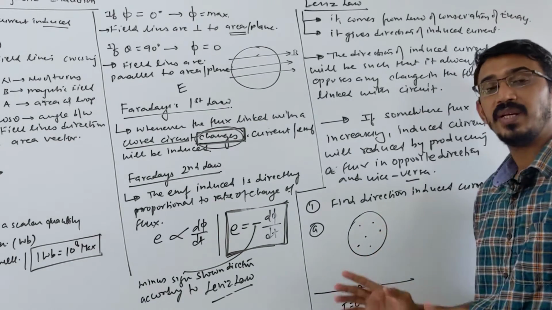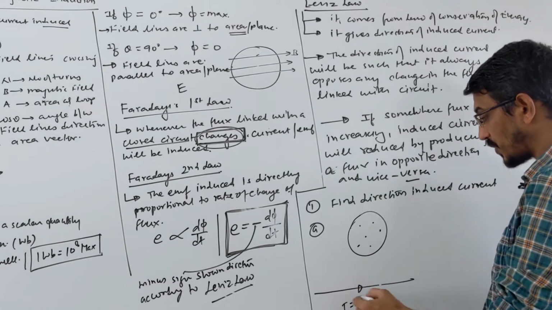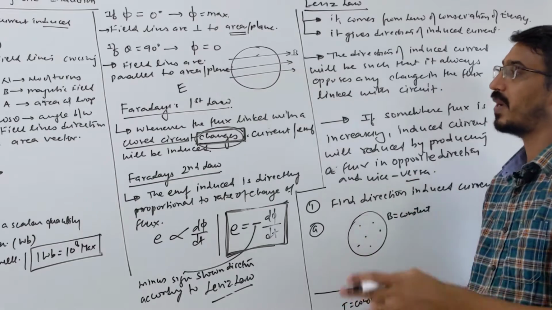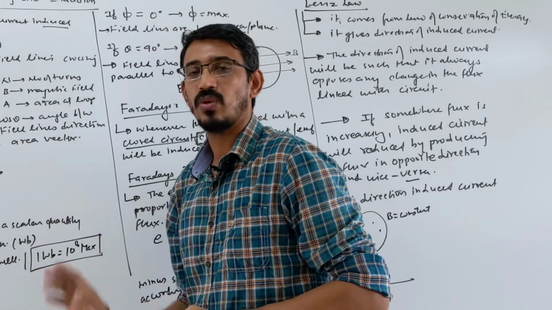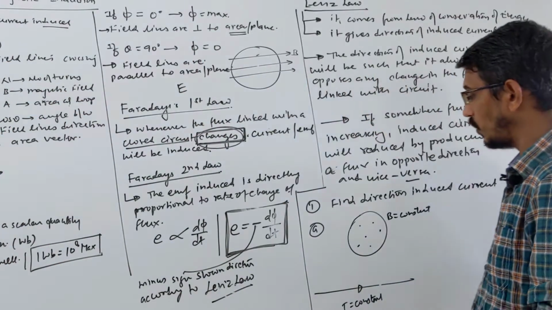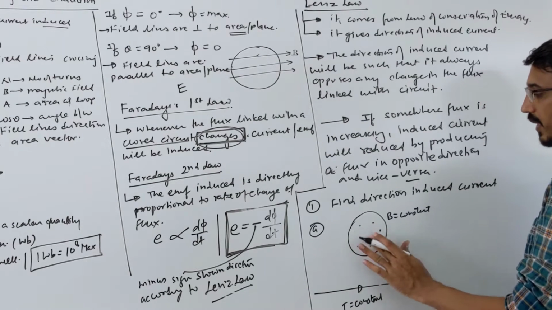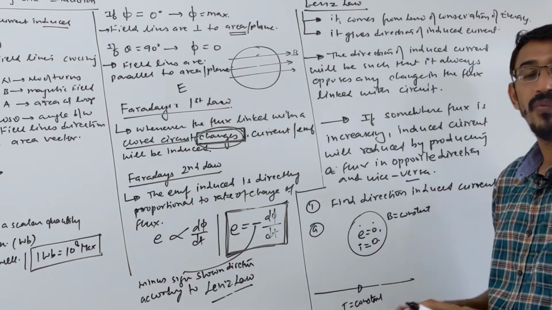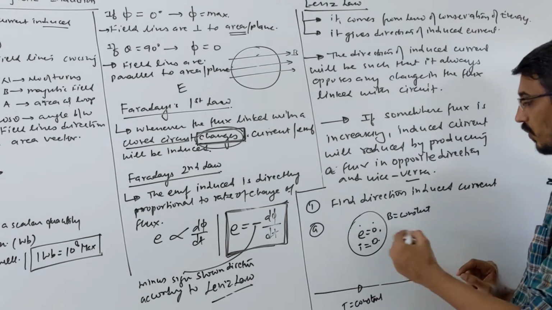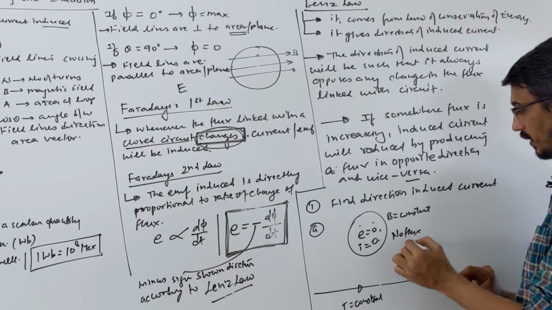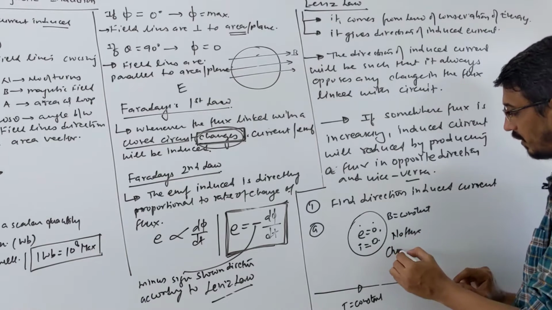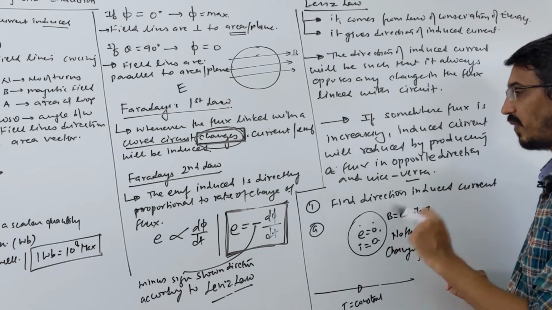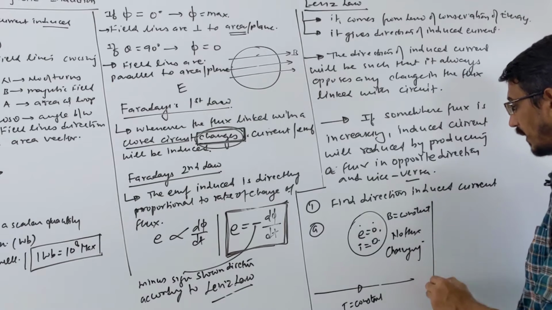So the field is there, but this field is constant. This constant current will produce a constant B in this picture. With a constant magnetic field, your flux will also be constant because the other things are the same. So no EMF will be induced here. If they ask what EMF is induced, no EMF, no current induced right now. We need a changing flux, and there is no flux changing here. The flux is there but it's not changing. We need a changing flux, then only is EMF induced.